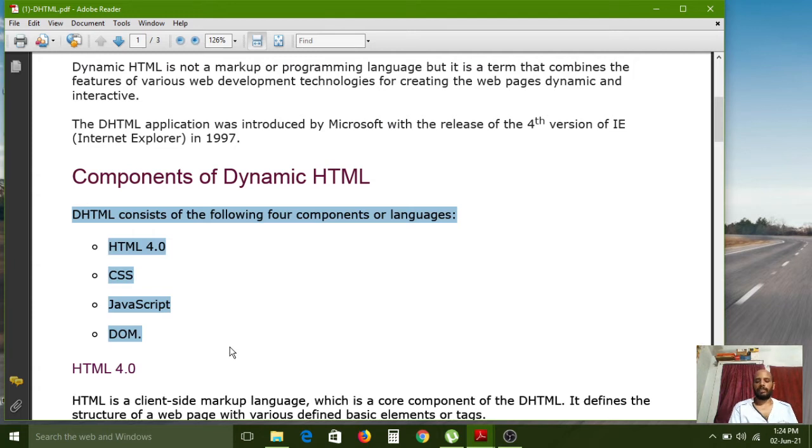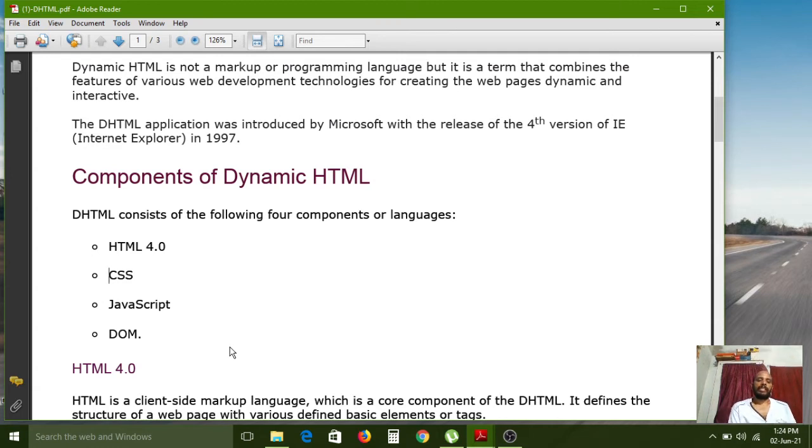Okay, right. And the next one is CSS. CSS is nothing but Cascading Style Sheets. Till now we have developed with only pure HTML tags. But if you want to develop a very colorful website, CSS gives some extra properties.